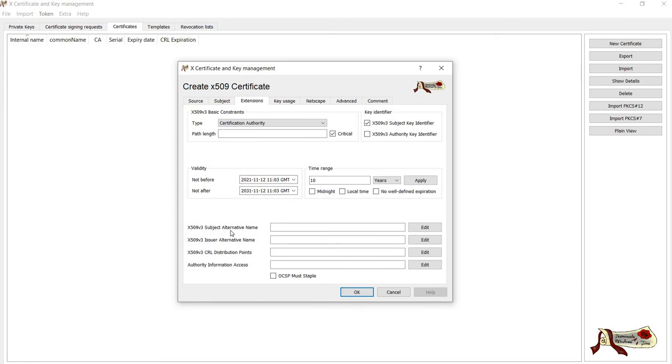Now here, what are the subject alternative name and issuer alternative name? I want to give these the same, VP Corp. Why is it giving me